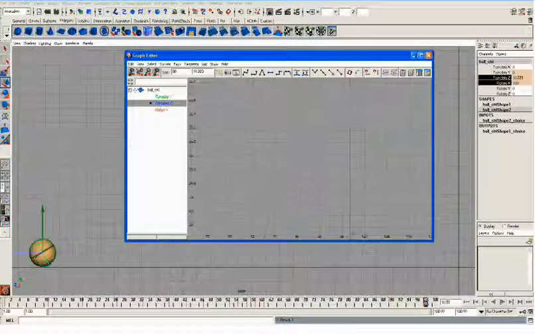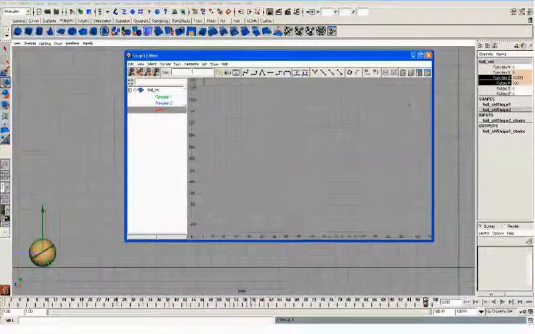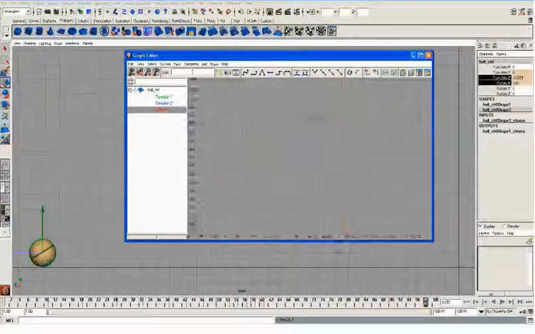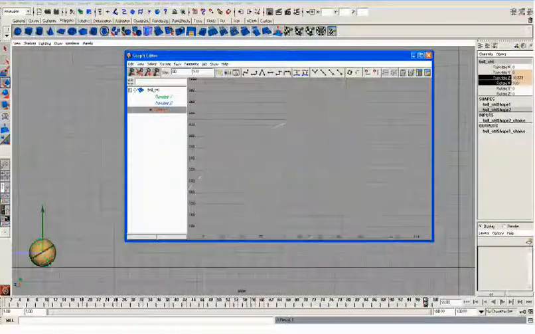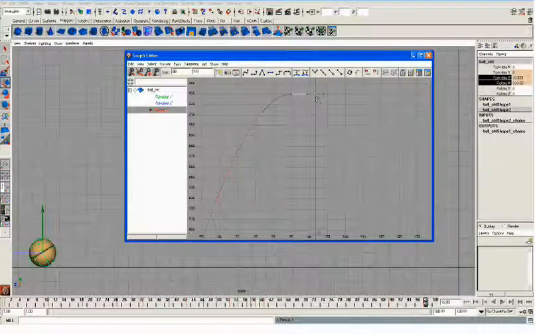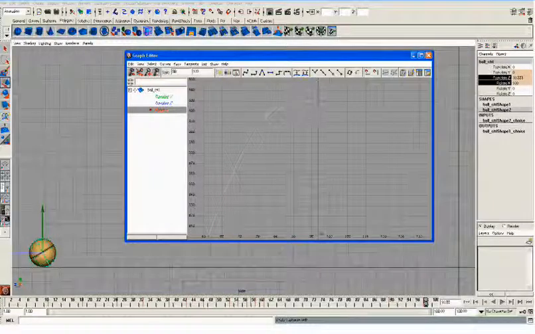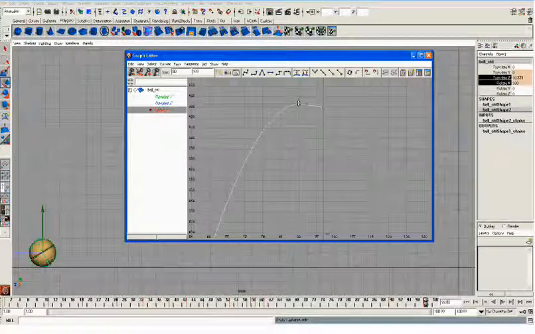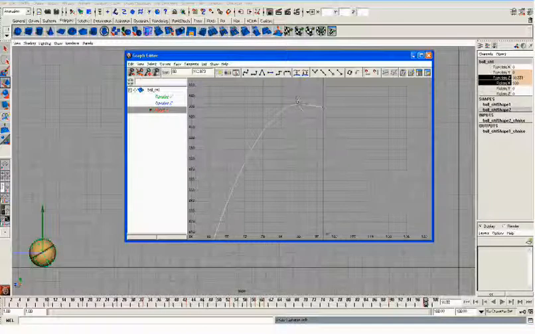And the same thing we'll do for rotation also. Just move it down. Just move it a little up so it goes more up.